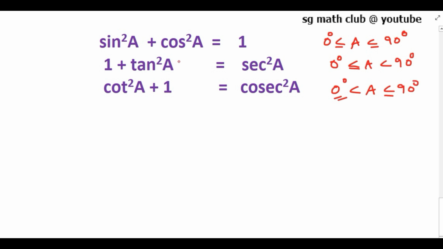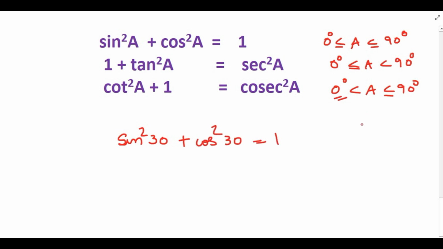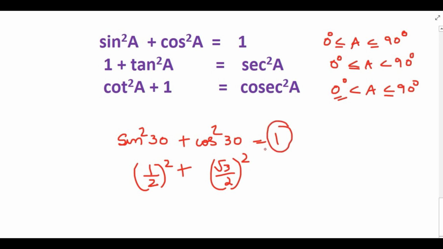Now what does that mean? Sin square A plus cos square A equal to 1. For example, for A, I am going to substitute the value 30 degree. So we will see sin square 30 plus cos square 30. It should be 1. A is an angle here. So sine square 30, we know sine 30 is half. So half square plus cos square 30, we know cos 30 is root 3 by 2. So since square is there, I will substitute root 3 by 2 the whole square. Now when you simplify this, you should get the answer 1.